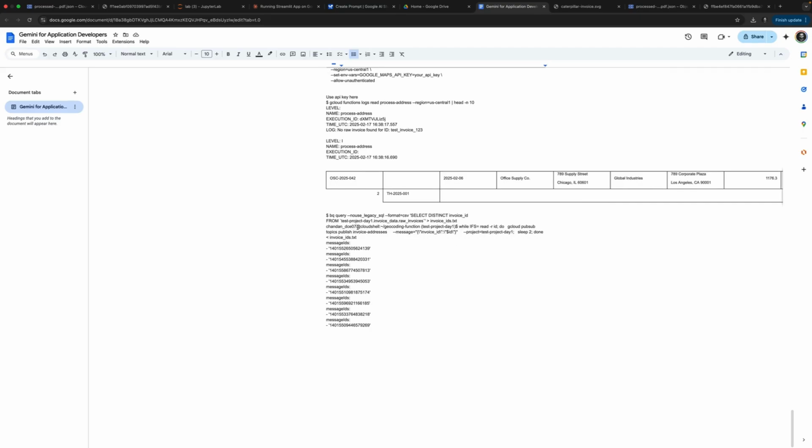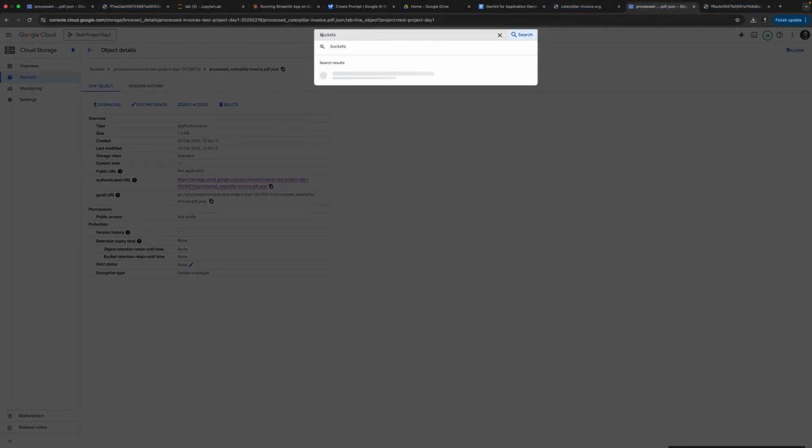Okay, here we are. Perfect. Understood. So let's go to the BigQuery,